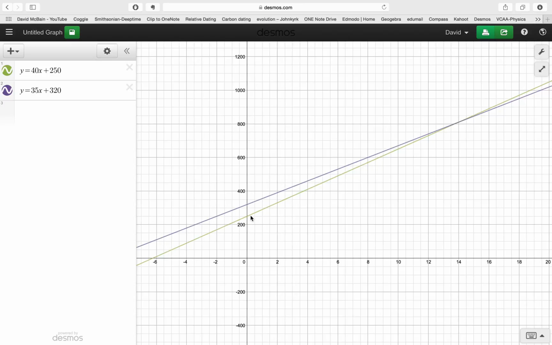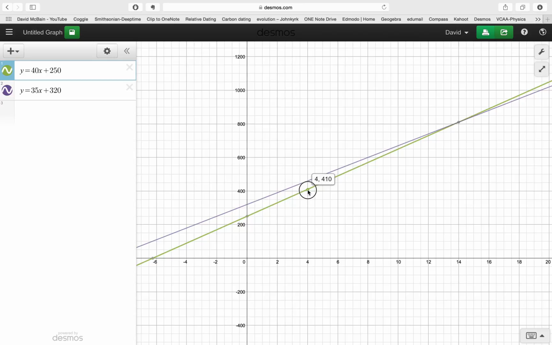Now notice, if we don't work any hours at all, we're going to earn $250. So 0 is the number of hours we're working, and that's the X value. The Y value is the 250, which is how much money we've earned. So if we work 2 hours per week, that means we're going to earn 2 times 40, which is 80, plus 250, which gives a total of 330. That's how much we're going to earn if we work 4 hours in the week. It'll be